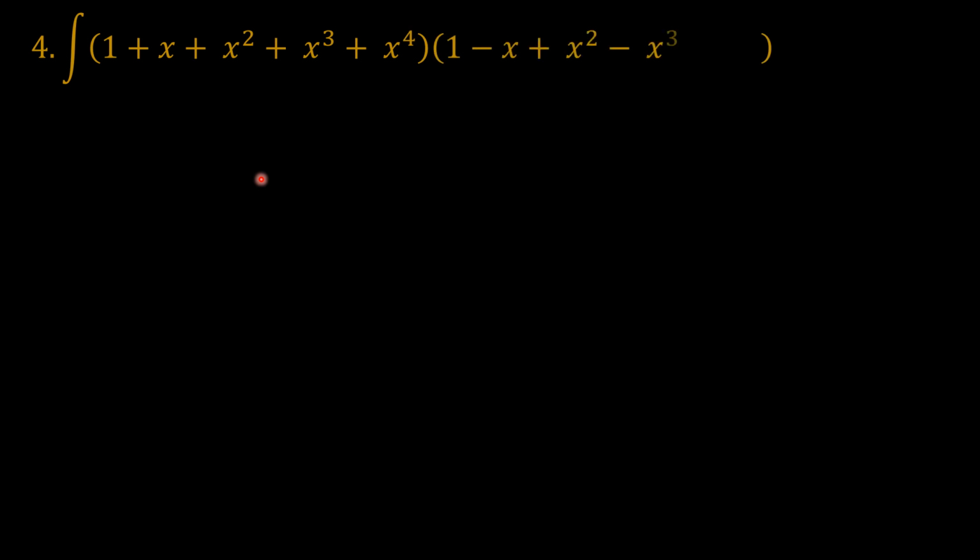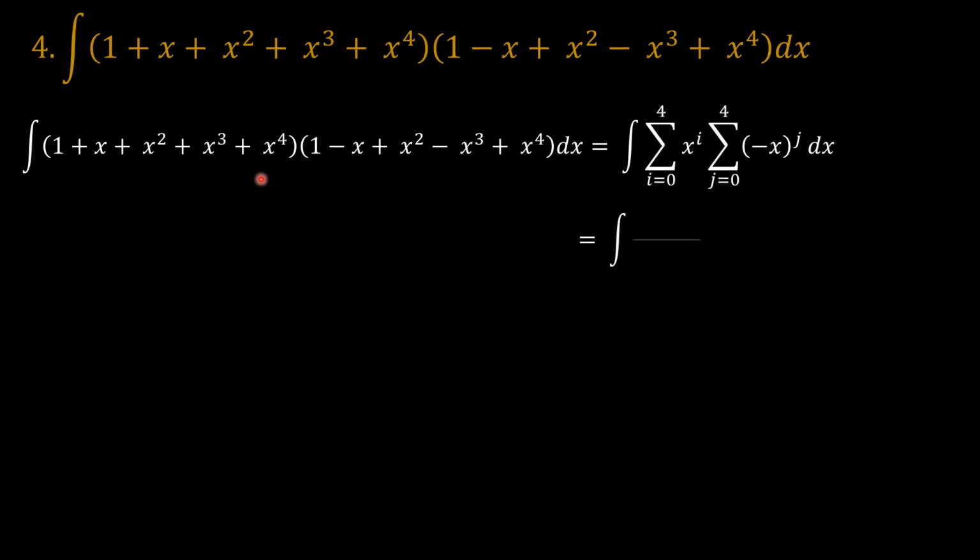So this problem, problem number 4, the product of 1 plus x squared plus x cubed plus x to the power 4 and 1 minus x plus x squared minus x cubed plus x to the power 4, is the way I would solve it. I would use geometrical progression series, and the first thing was to express it as the sum of x to the power i from i equals 0 to 4,